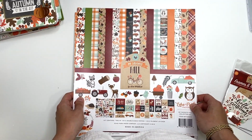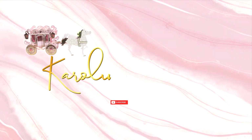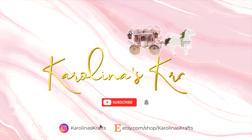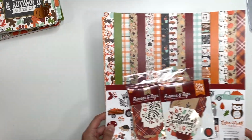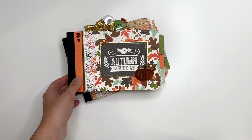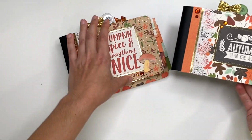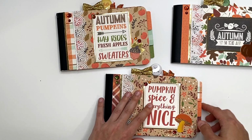So let me show you guys what I did create and let's get started. All right, so with this collection, I made some gratitude journals, and guys, these are so cute. So my other ones had sold out in my shop, so I was like, okay, I'm gonna make a few more